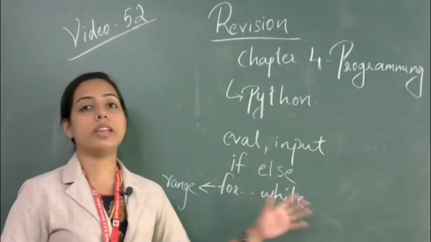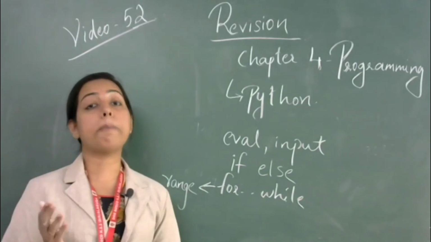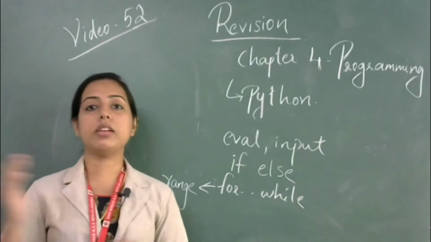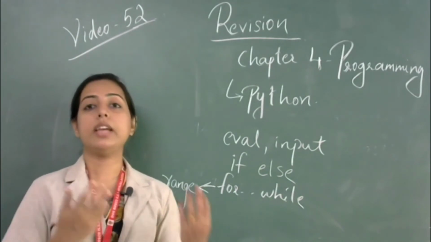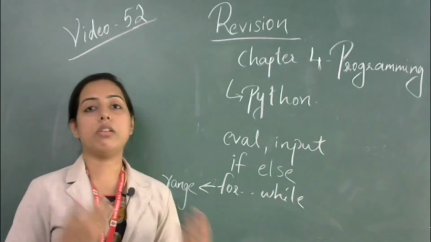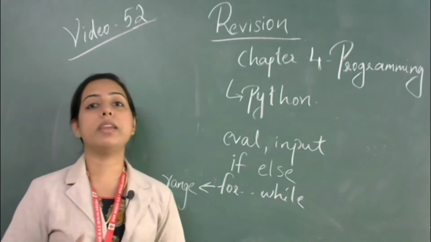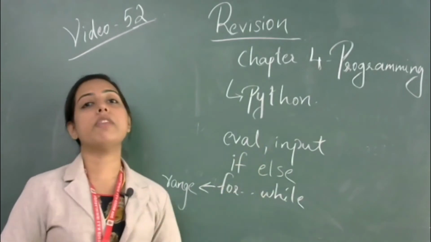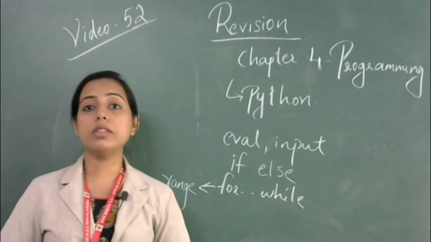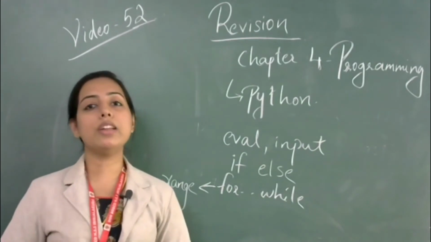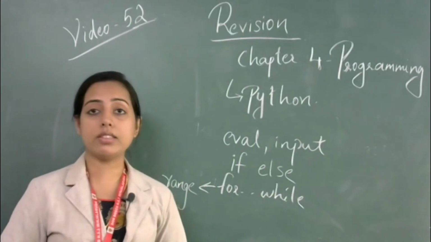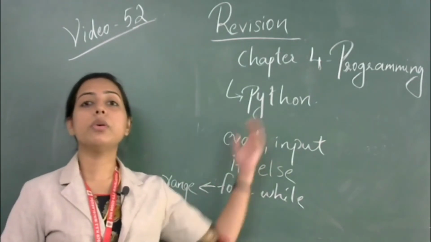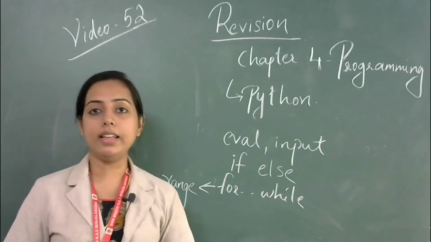Range is used in for and while for repeating or looping, and it is considered a looping statement. So we have to print odd numbers and even numbers from 0 to 100 or 0 to 50, so the condition must keep repeating. So that is what for and while do. These are the different functions that we discussed in the fourth chapter. Now I will show the activity using the IDLE software. In IDLE we type these programming statements, and I will show them one by one.